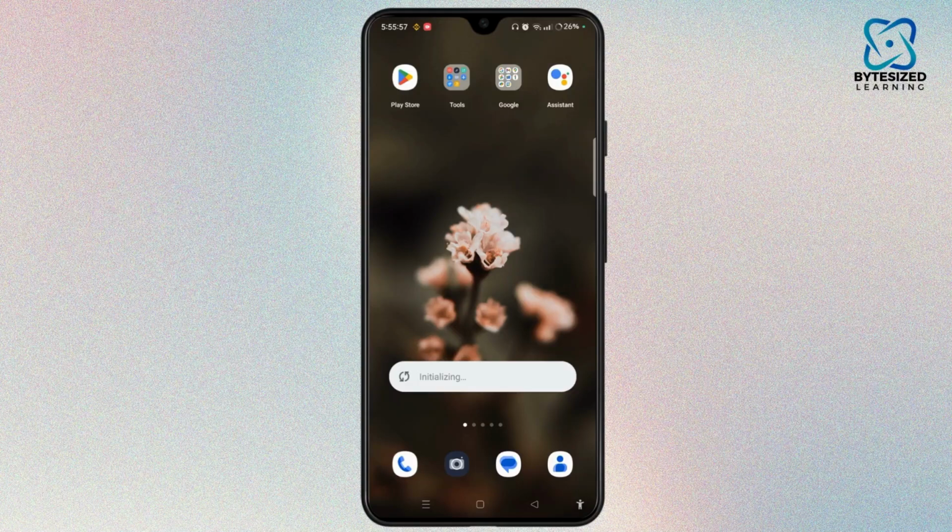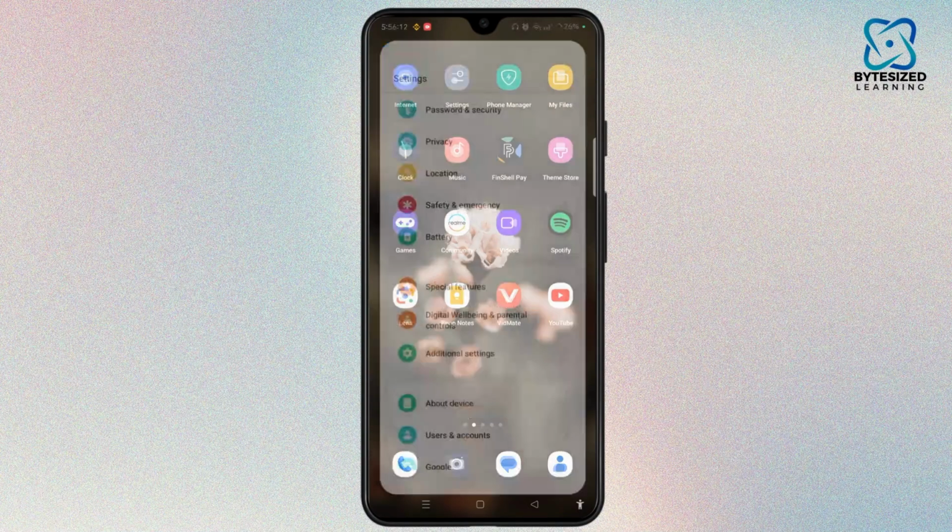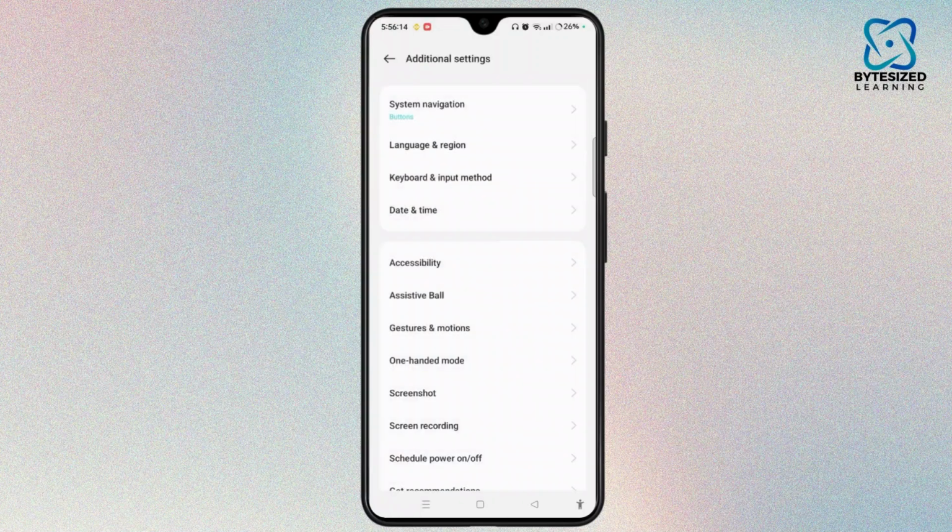The second way is simply using the gesture if that is available on your device. You can simply swipe three fingers down on the screen in this way, and then the screenshot will be captured and saved automatically. If you wish to enable this feature, simply go to Settings, select the Additional Settings, and then